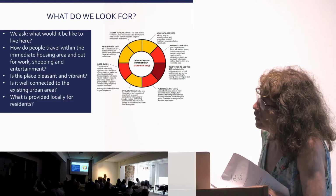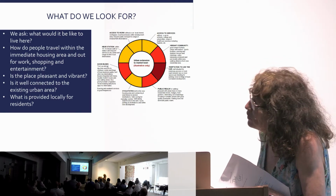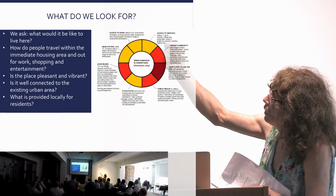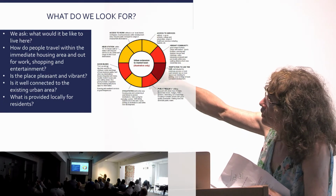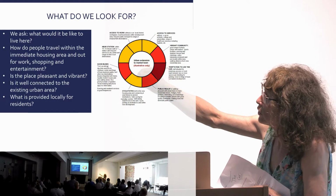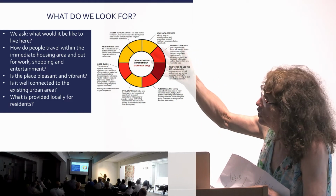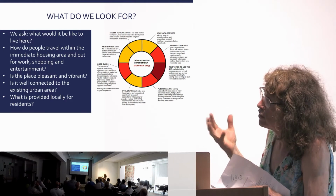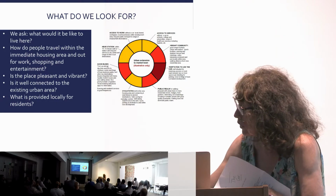So as we go there, just like journalists, we start talking to people, we look, we say, you know, how does this place work? And we look at things like access to services, the vibrancy, the temptation to use the motor car, rather important. We look at the public realm, cycling, buses. We ask about, are you near a station? How do you get to work? And we get a kind of feel for the place,